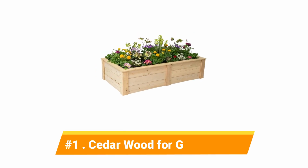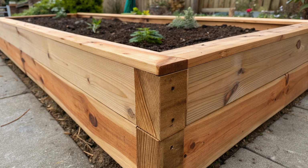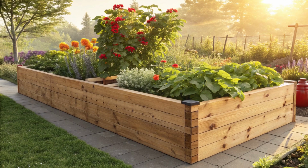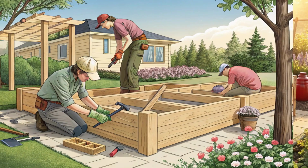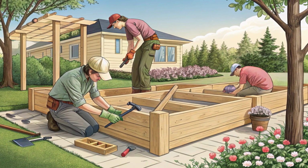Number 1. Cedar Wood. Cedar takes the crown as the ultimate choice for garden beds, and there's good reason why experienced gardeners swear by it. This naturally rot-resistant wood contains oils that repel insects and prevent decay, making it incredibly durable in outdoor conditions. Western red cedar is particularly popular because it can last anywhere from 15 to 20 years without any treatment or